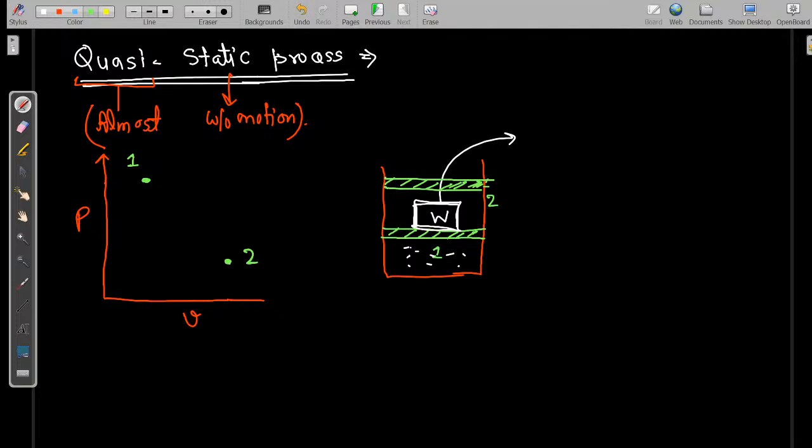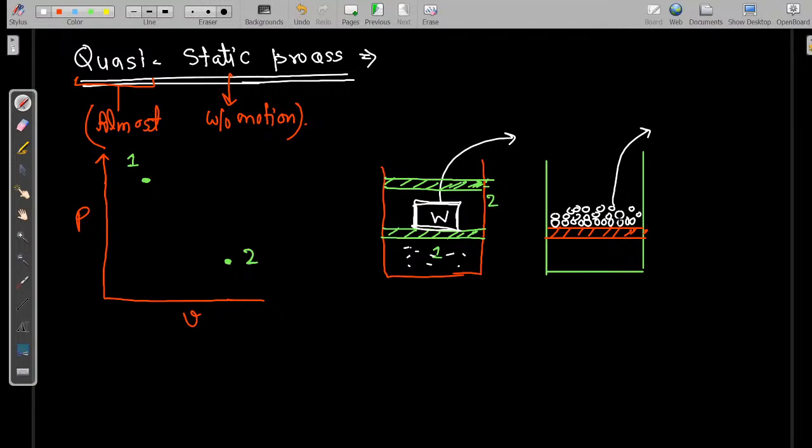Now the same process I am doing again, but this time, इस टाइम मैंने क्या किया, इस वेट की जगह मैंने यहाँ पे रख दिए कुछ स्मॉल स्मॉल पेबल्स और स्टोन्स. अब मैंने इस पूरे टोटल वेट की जगह कुछ स्मॉल स्मॉल स्टोन्स रख दिए. ठीक है, अब जैसे ही मैंने यहाँ से पहला एक सिंगल स्टोन हटाया, स्मॉल प्रेशर डिफरेंस